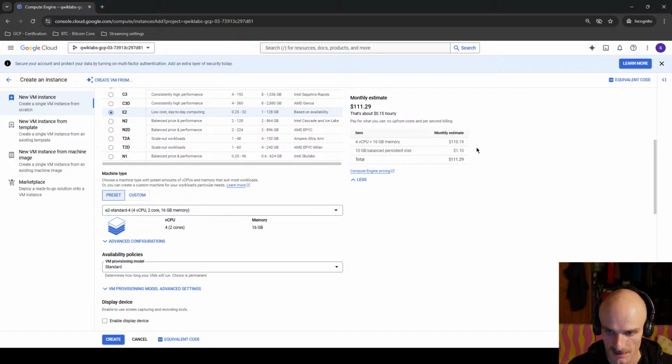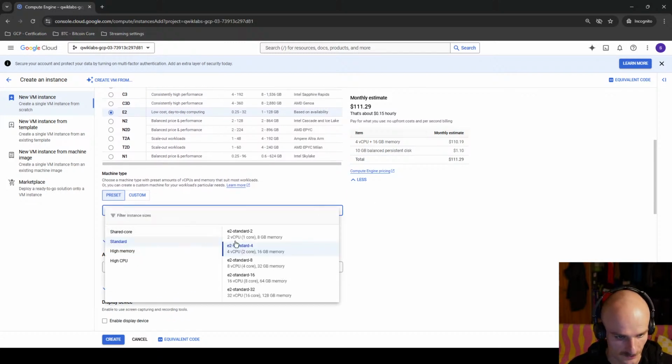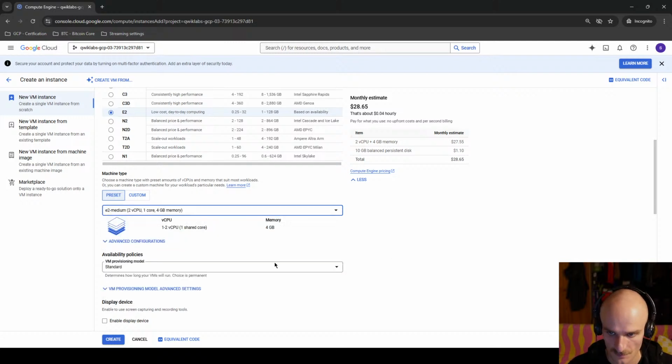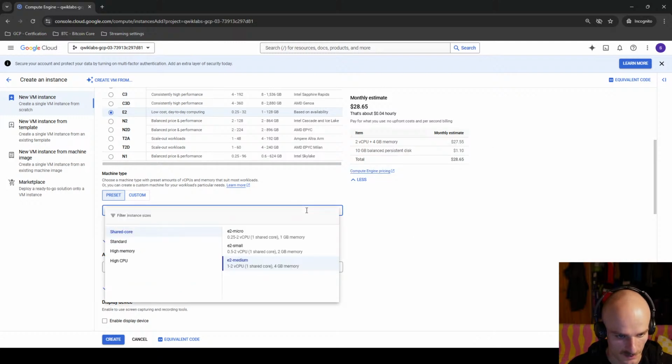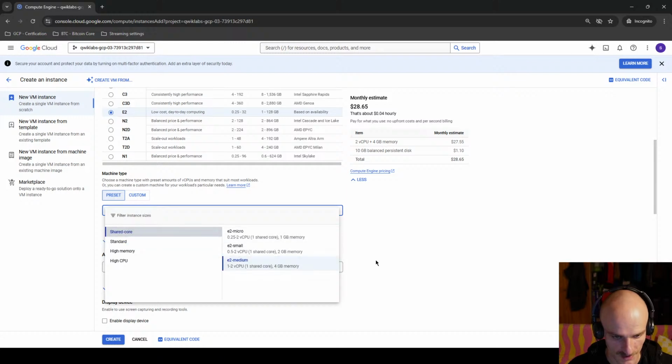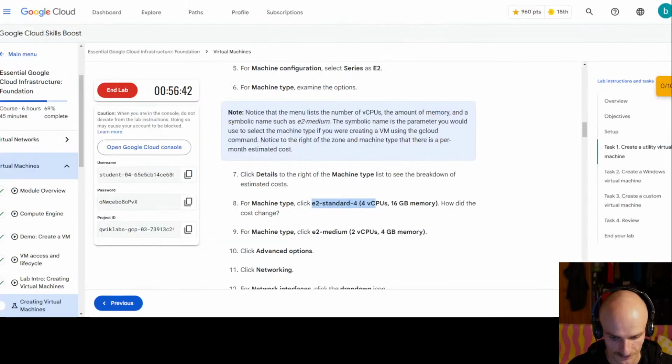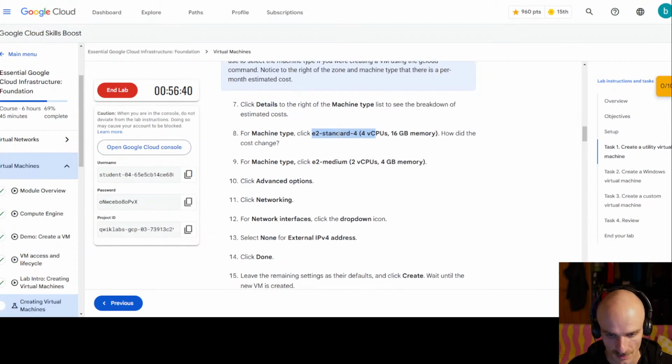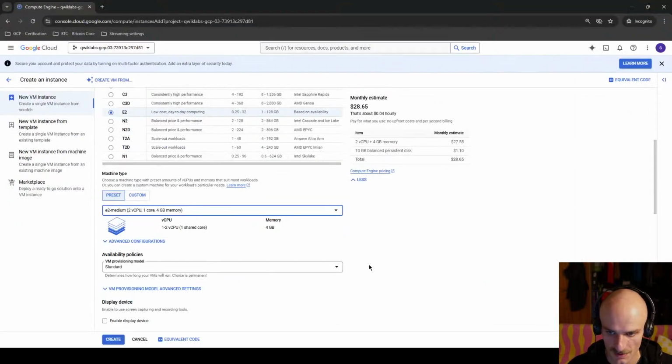So the price is 111. So shared core, here we are sharing the computational power. Instead, here we're not sharing it. Therefore, there's a higher cost. Okay, we'll leave